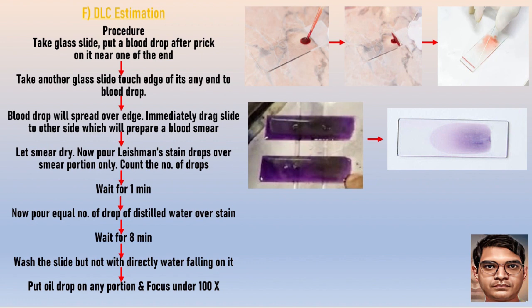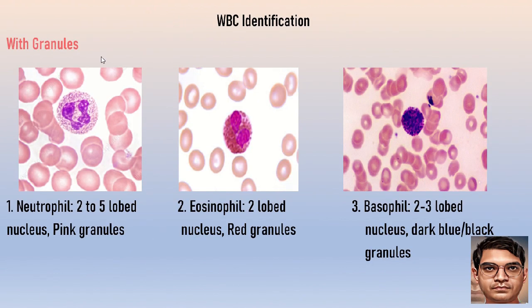power 100x. The identification point for neutrophil is that it has a 2 to 5 lobed nucleus and the granules are pink in color. The identification point for eosinophil is that it has a 2 lobed nucleus and red granules. And the identification point for basophil is that it has a 2 to 3 lobed nucleus with dark blue or black colored